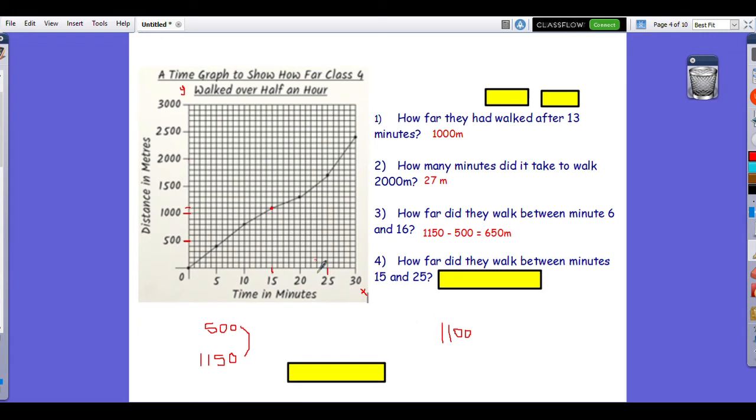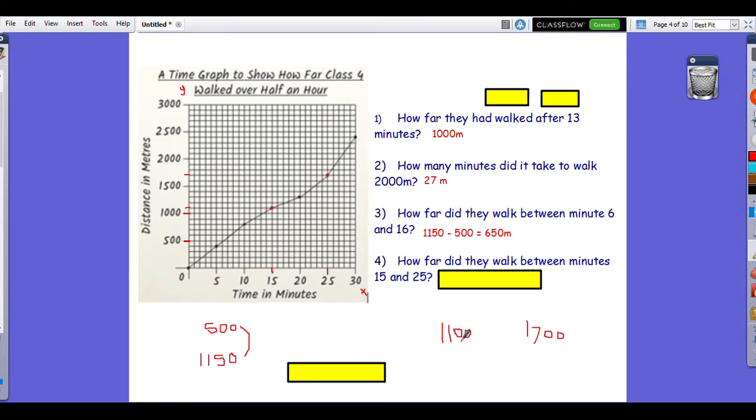And then I'm looking at minute number 25, and I'm going to follow this line of my graph up. It's right here where this darker dot is, and I can see by looking across that that is 1,700. Okay, so again, just like before, if I want to find this distance here, it's the gap between 1,700